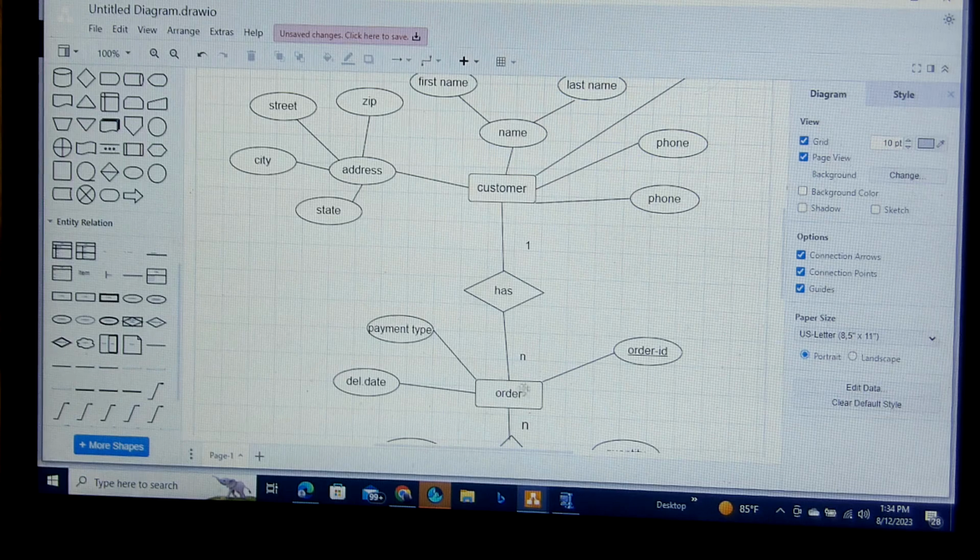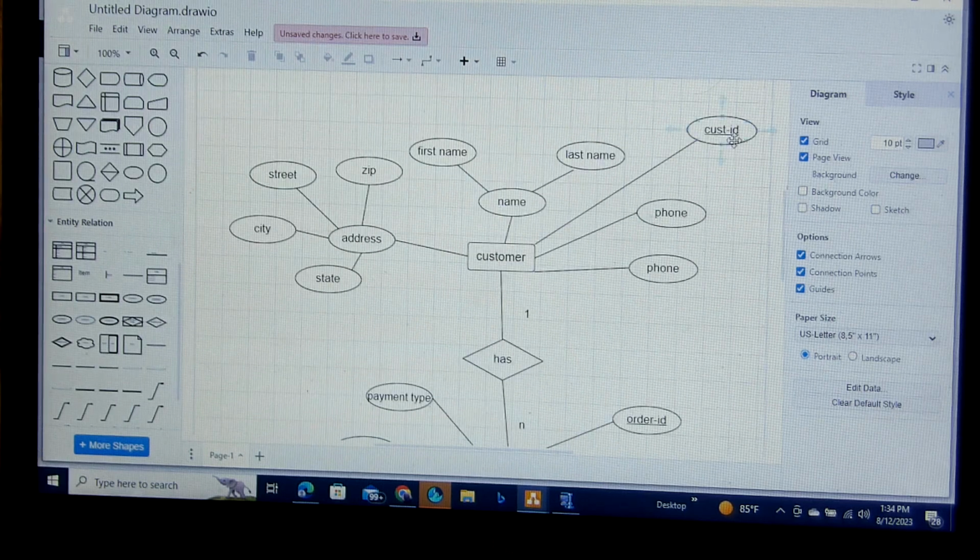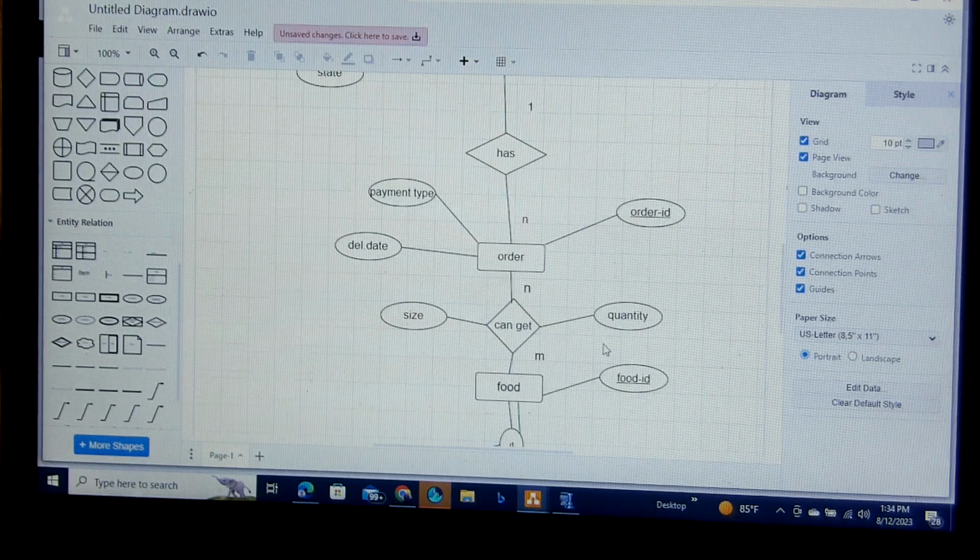A customer can have many orders, and each order belongs to one customer. So it's a one to many relation, and the order table has a foreign key of customer ID. But here, when you have a many to many relationship,